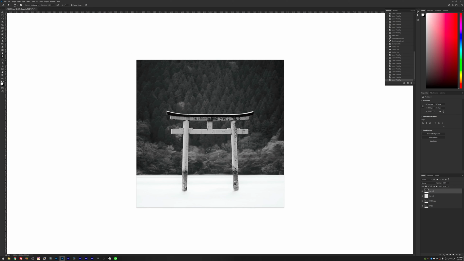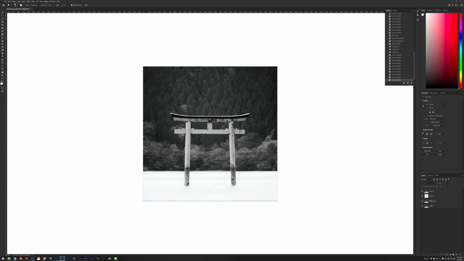Alright, so next we have our white water. We remove distractions. The next thing that I want to do is to apply film curve to this and some film grain. So again, I'm going to select all these layers, group them with Ctrl G. I'm going to call this blend. And then I want to duplicate this as a layer with my usual combination Ctrl-Alt-Shift and E. So I get a copy of this group of layers, and on this new layer I'm going to apply my Silver FX Pro.